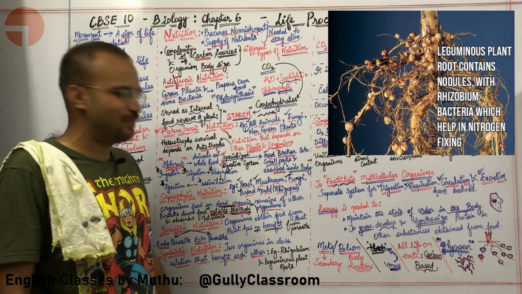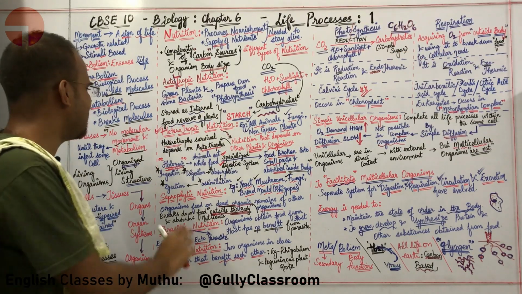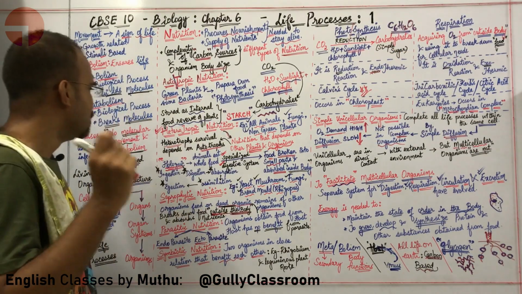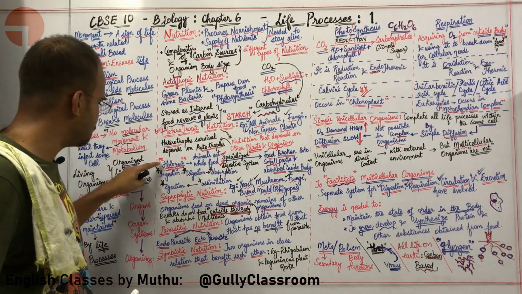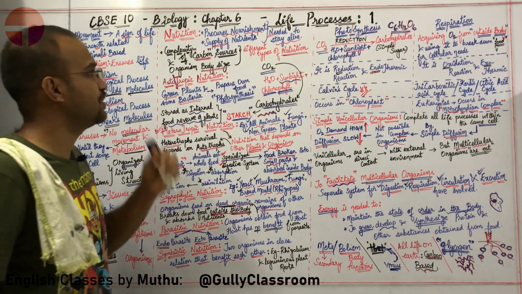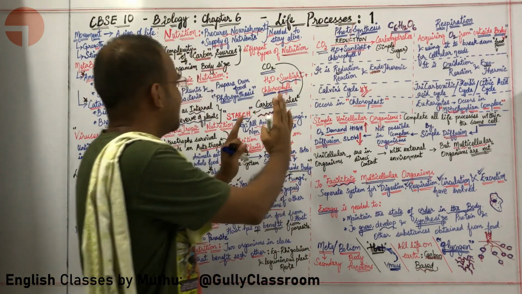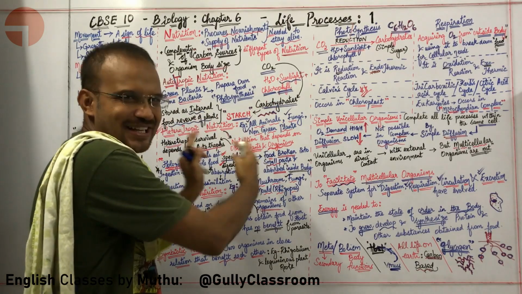Are you comfortable with how symbiotic nutrition is happening? Yeah, okay. That's basically the different types of heterotrophic nutrition: holozoic nutrition, saprophytic nutrition, parasitic nutrition and symbiotic nutrition. Okay, sir. Now let us leave nutrition